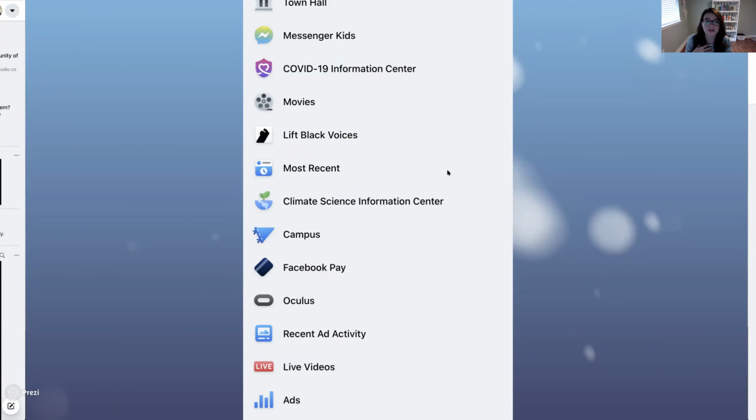So if instead you're like me and you want to see the most recent posts, which makes sense, you're going to go to the panel on the left-hand side. Or again, if you're on mobile, it's going to be on the top or the bottom. Sometimes it's 3 lines and sometimes it's 3 dots, and you're going to hit see more, and you want to click most recent. Then your timeline is going to refresh, and it's going to show you posts that were just posted within the last hour. So your most recent things versus your most popular things.